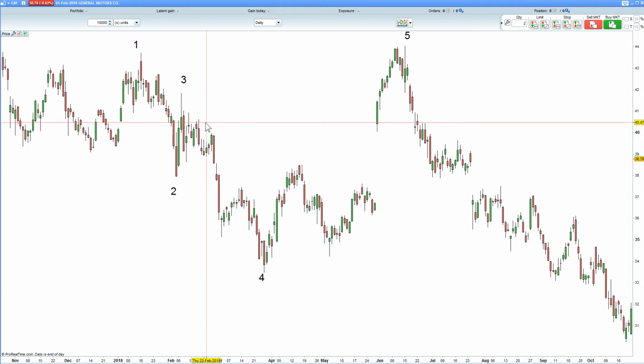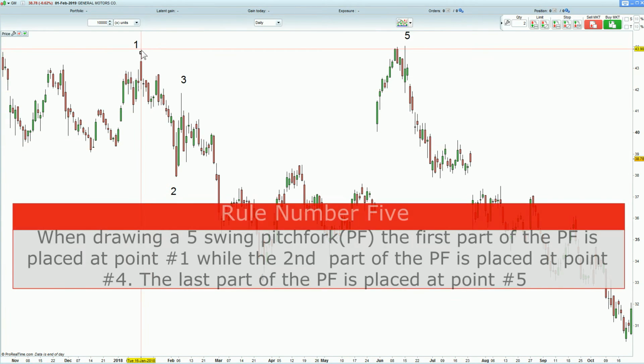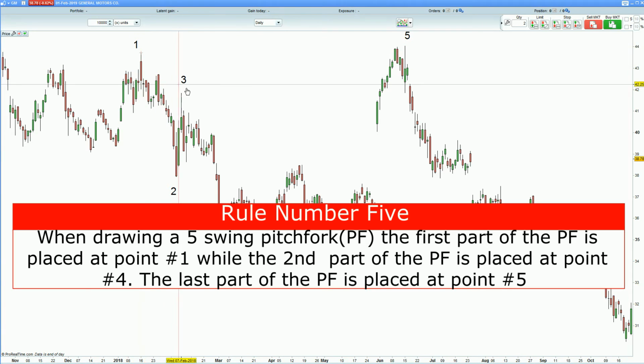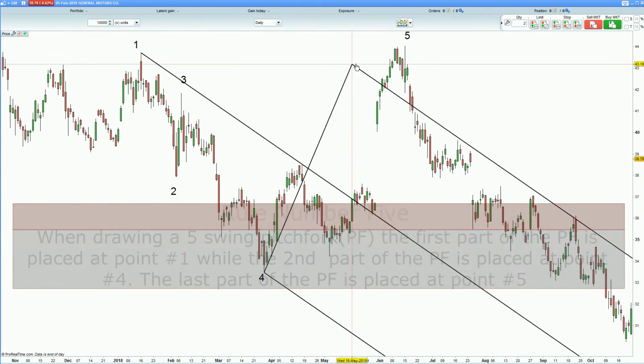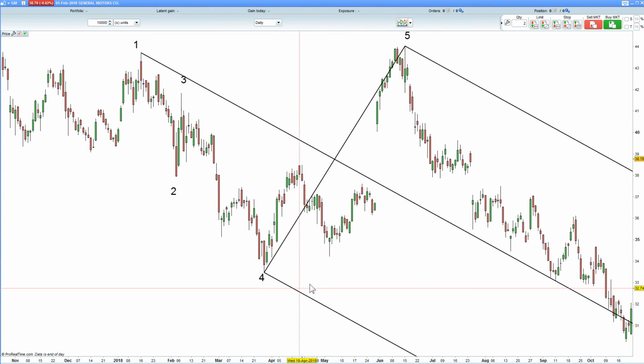Now, when actually applying the pitchfork itself, obviously the pitchfork has 3 points that you put on the chart. And when I was making the 5 swing pitchforks, I would draw point 1. Let me get the pitchfork right there. Point 1 would go at number 1. Point 2 of the pitchfork would go at number 4. And then point 3 of the pitchfork would go at number 5. So there is an example of a properly drawn, according to the rule set I made up many years ago,